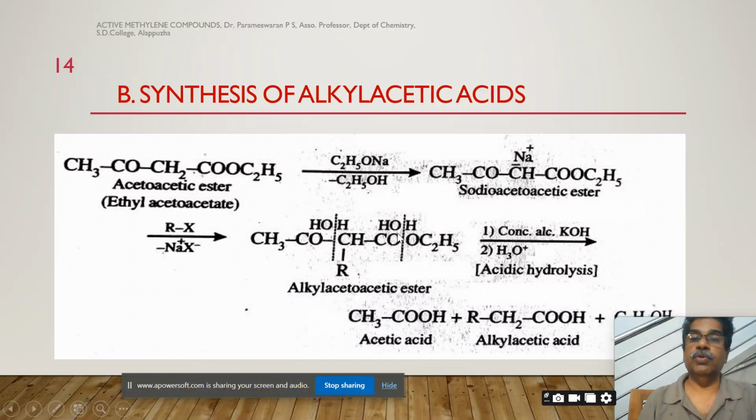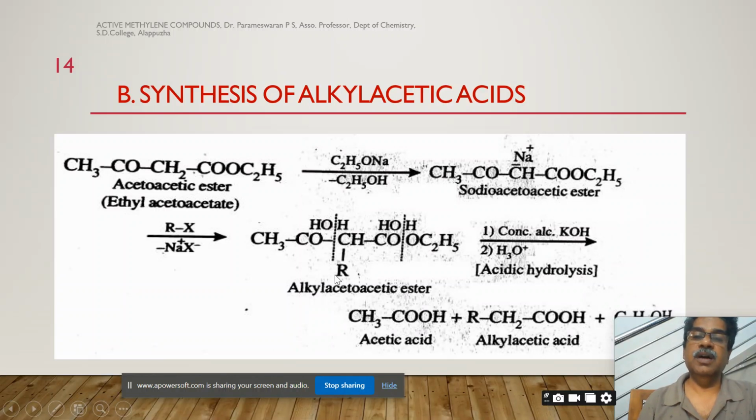Then the other water molecule adds with HO over the carbonyl group of the ester part, then H on the OC2H5 part. So what will happen? CH3COOH is one molecule of acetic acid. The other one is